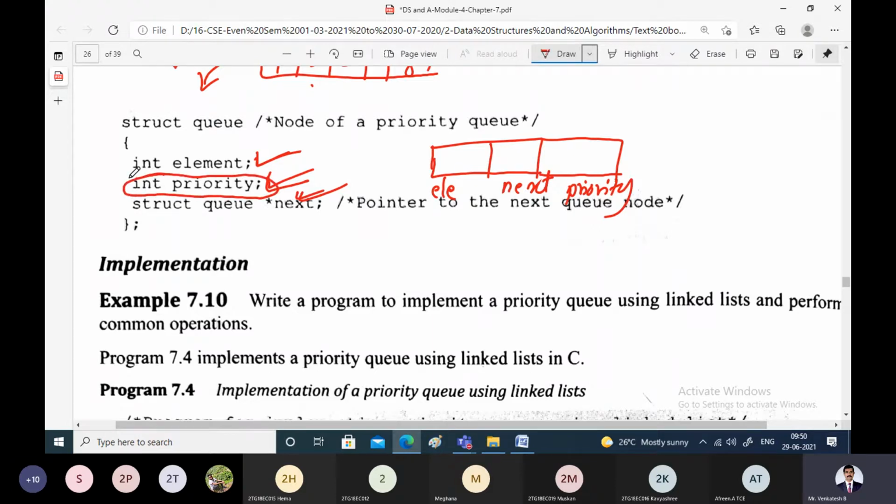Other than this, the concept of this priority queue is very similar to the linear queue. Whenever we are trying to insert an element into the priority queue, we compare the priorities of the elements and arrange them in increasing order.